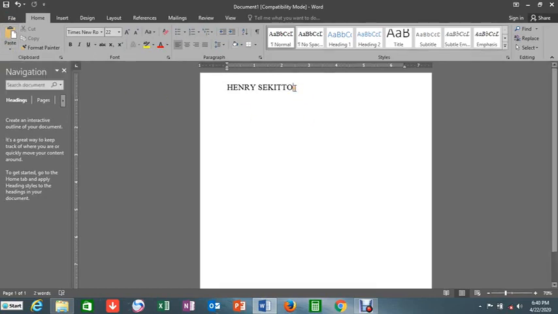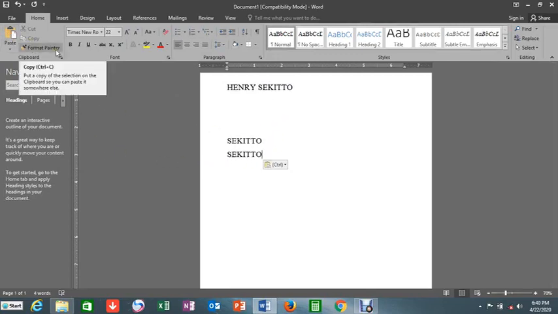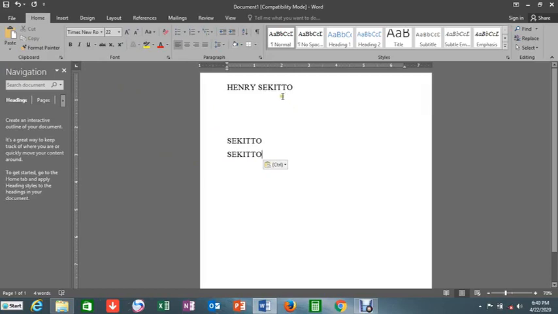So I'll come here, for example, if I want to go to the next line, I'll click enter, enter, enter, the number of times you want. Then afterwards, I come back to paste. Click on paste. It is going to bring Sechito from here and puts it here. That means that it makes a duplicate of Sechito 2 times. If I press enter another time, it is going to put Sechito another time. That means that copy specifically makes a duplicate of something that you have selected.